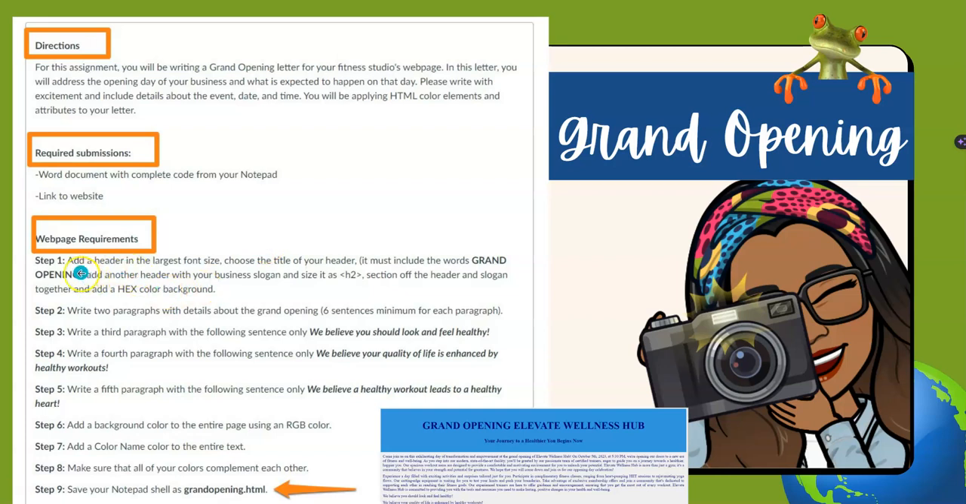So what are you going to include? It tells you to add a header with some other features here, so make sure you read. You also have to write 2 paragraphs with details about your grand opening. Here's an example, by the way, down here at the bottom. Okay, and then it tells you to write 3 other sentences. So make sure you include these 3 sentences here in bold print, and you can kind of see those down